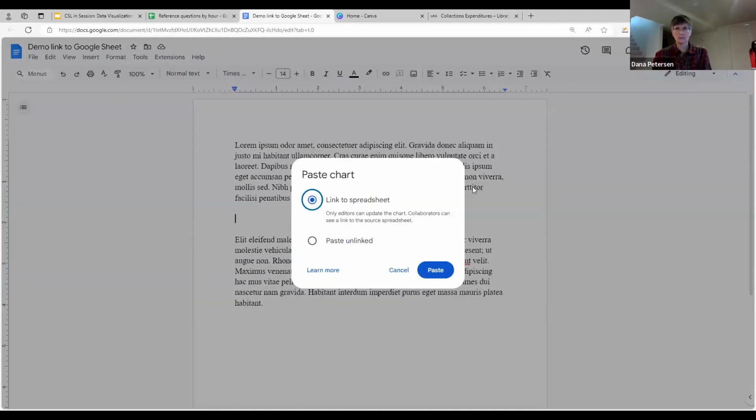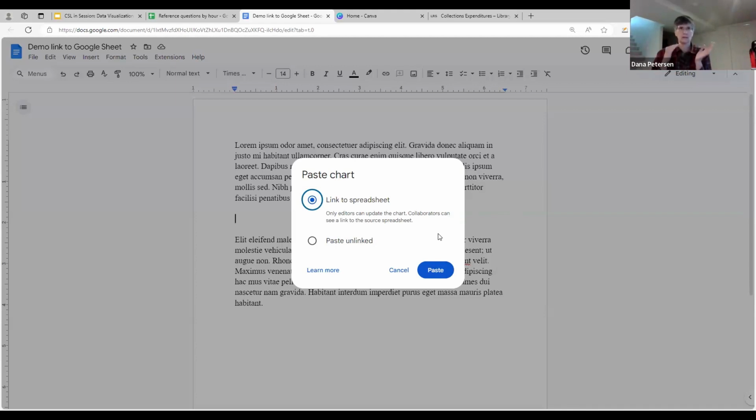I have some options right away. I can link it to the spreadsheet. Let's pause for a second and think. An organization might be big enough to have somebody who does the spreadsheets in their Google account, and somebody who does the reports in their Google account. If those sheets and that document aren't shared between those accounts, we can't link them together.